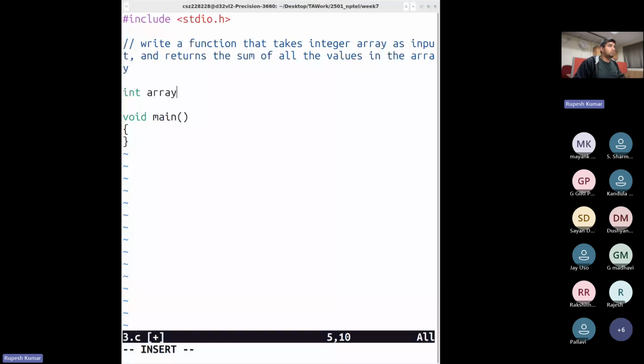Now the mandatory opening and closing small brackets. And inside these brackets, what do we have to pass in? We have to pass in the integer array. So how to pass arguments? You have to declare the data type of that argument. So the data type is int, and then you write the variable name arr, and since it is an integer array, you have to add square brackets to tell the function that this is an integer array type. It contains more than one integer value. Fine.